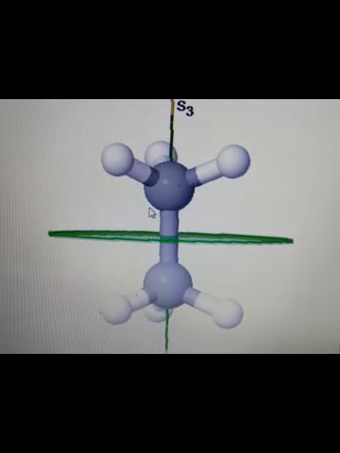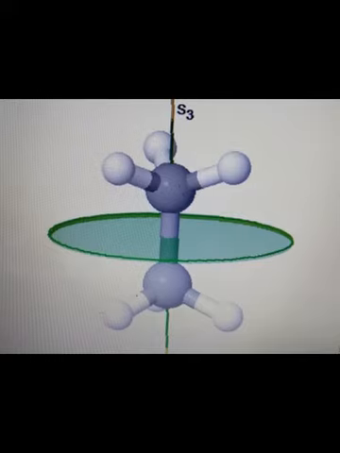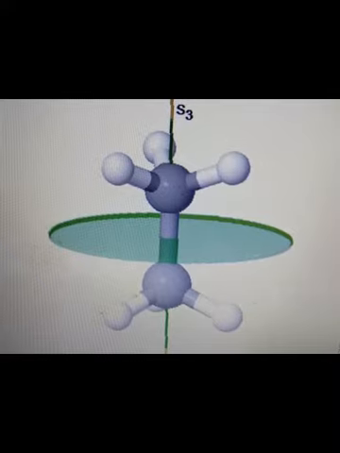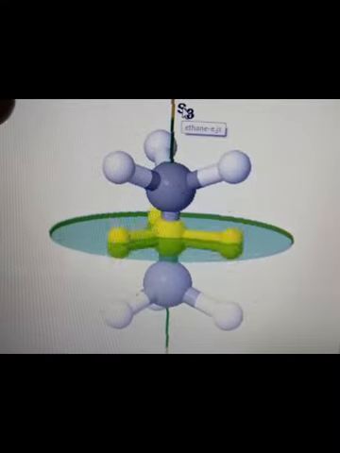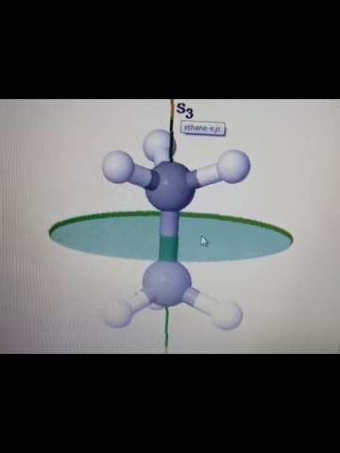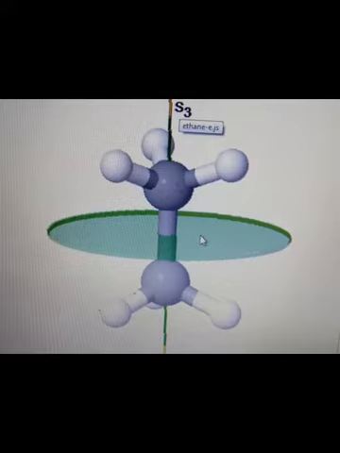S3 means S3 1, S3 2, S3 3. We know that S3 means C3 followed by a sigma perpendicular to this. Now let us see how that C3 is. So this is a C3 and that is the sigma perpendicular. Once again you look at this C3 along the S3 axis, and the sigma is taking place perpendicular. So this is how the S3 takes place. So this is what it is regarding the D3h molecule.